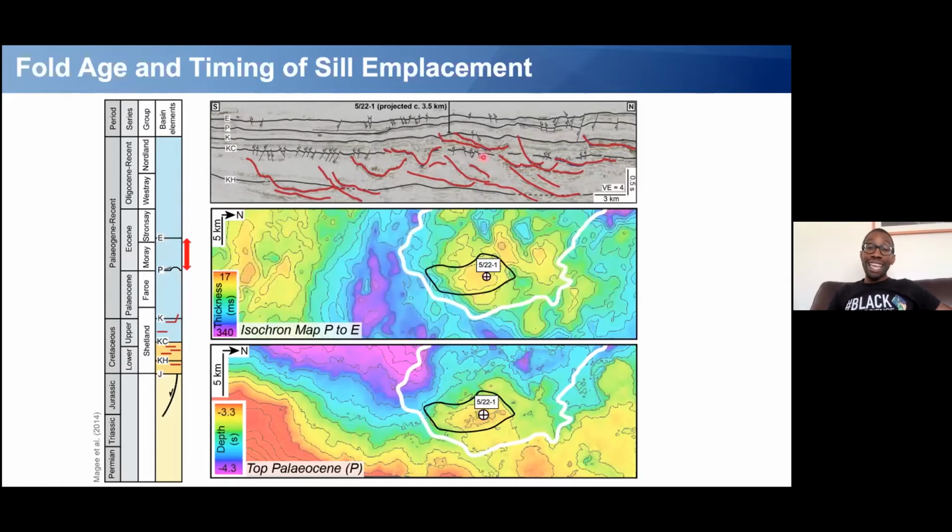But if we look at the Eocene isopack, so this is now the thickness of the rocks between P and E here, there's clearly thinning of that package onto the fold, indicating that the fold was massively growing or underwent a major period of growth during the Eocene. But there is some thinning and on-lap relationships in the Paleocene as well. And that led us